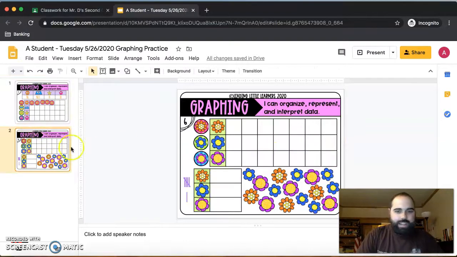And then down here, this one's a little bit more interesting as well. So we have a whole bunch of flowers down here. We need to do 2 things. We need to do a tally chart, and we need to do a pictograph. So I'll do the first one for you. So we're looking for the flower with a bunch of orange petals on the outside. So we got to count them down here. 1, 2, 3, 4. All right, there's 4 of them in total.